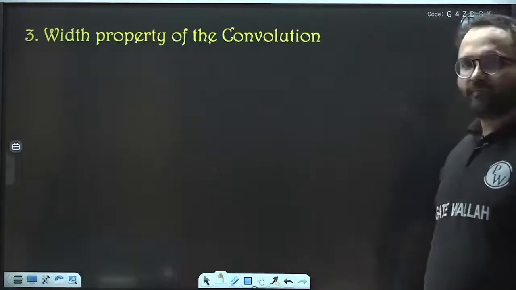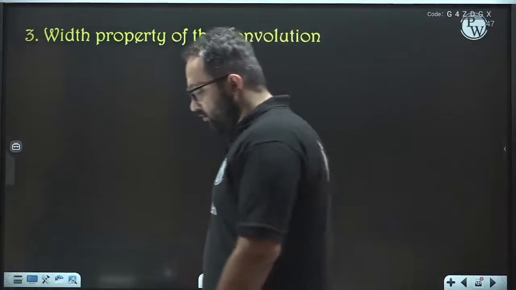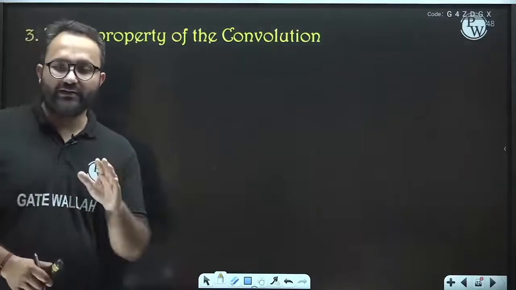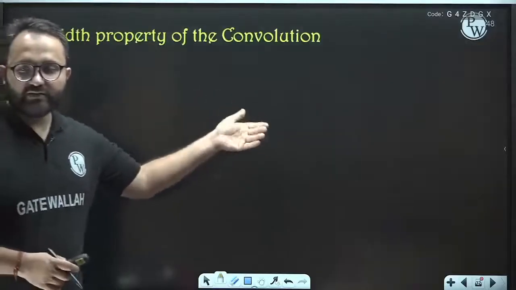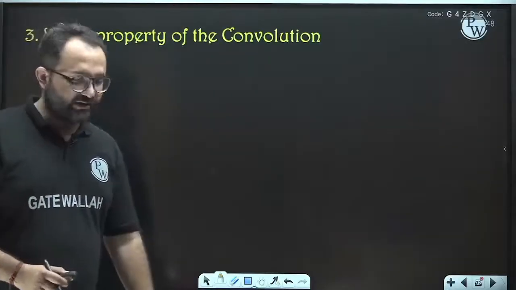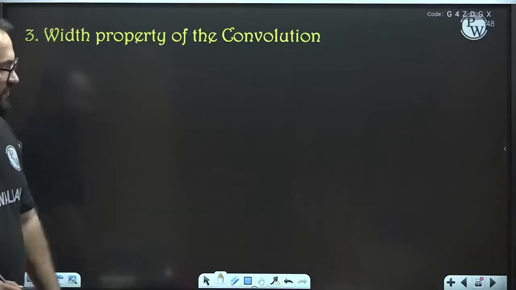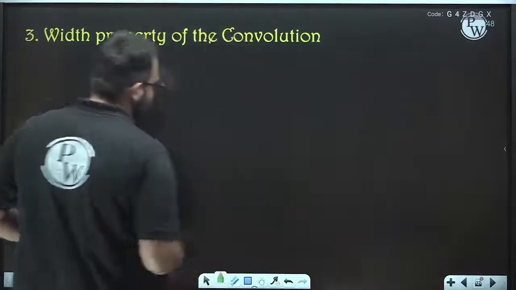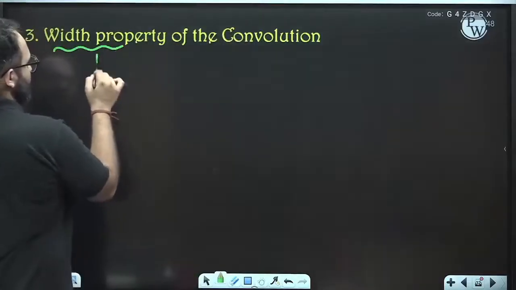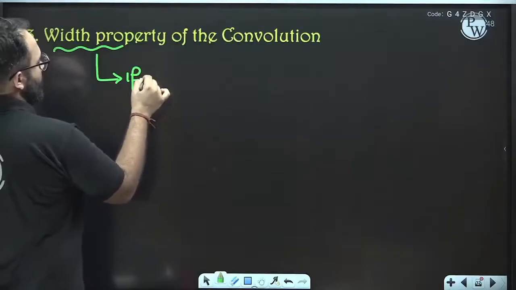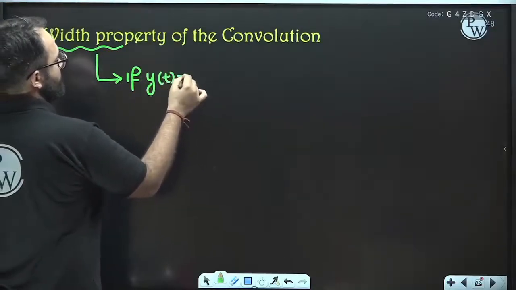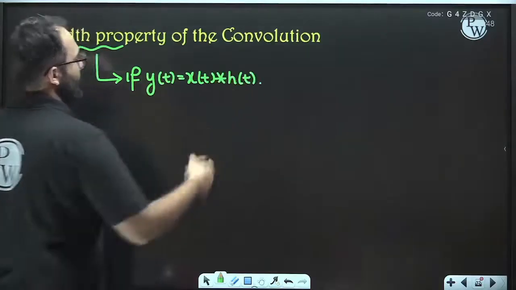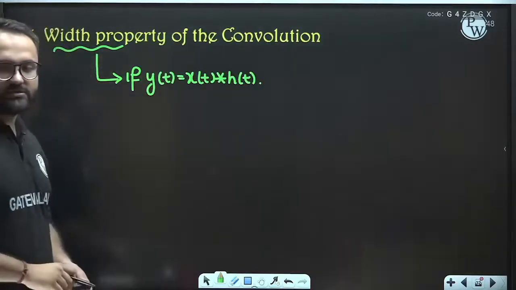Now let's see the width property of the convolution. The width property is very important and it is used for convolution of two rectangles. We'll be seeing the convolution of two rectangles in the later slides. First of all, let's see the width property. The width property says that if y(t) is equal to x(t) convolved with h(t), if y(t) is the convolution of two signals, then